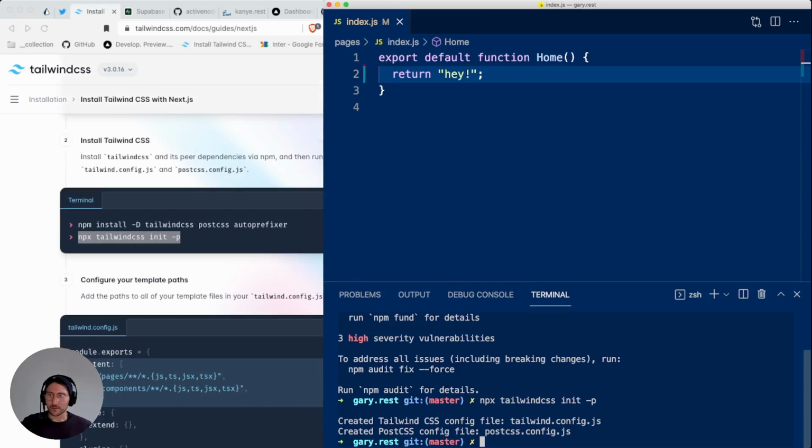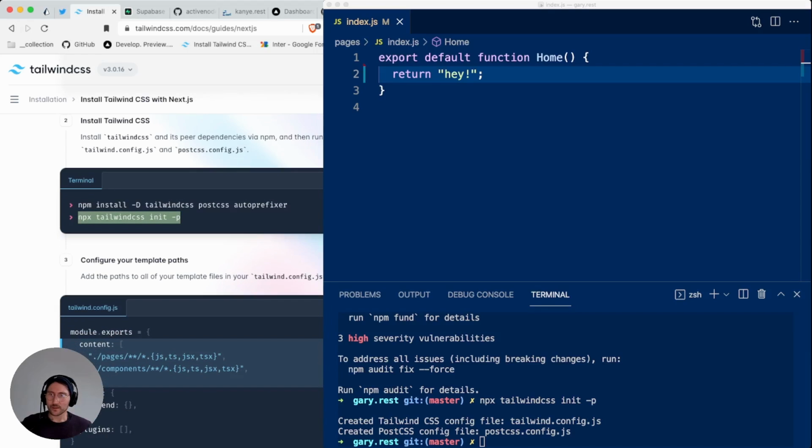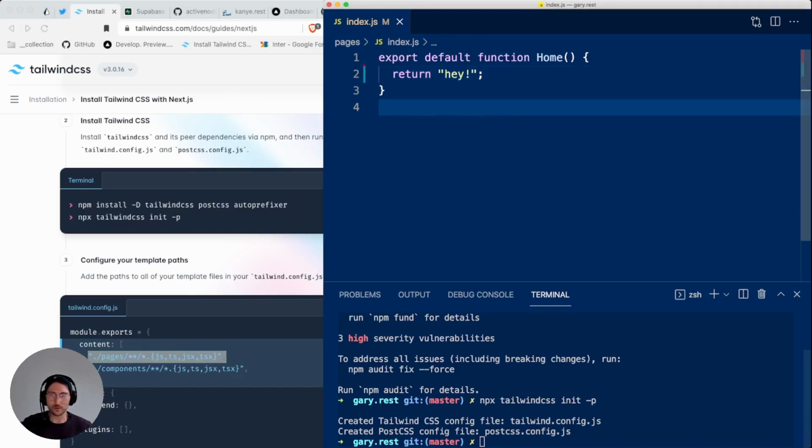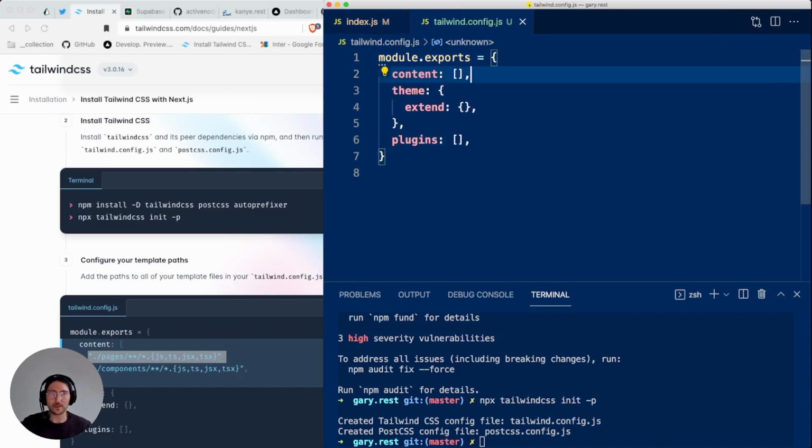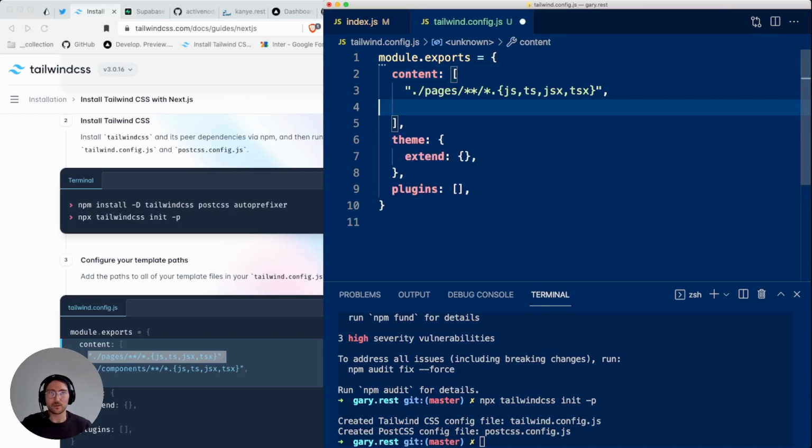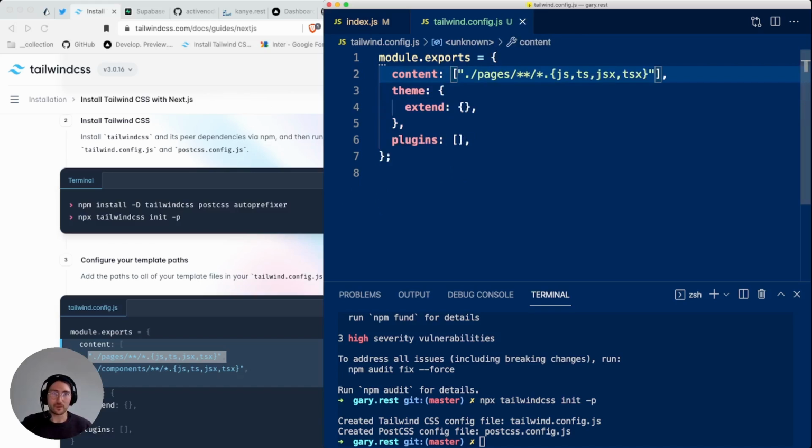And last but not least, we need to add the paths to the pages or components that we are using, as Tailwind says. So you need to open up the tailwind.config.js. And since we only have pages, we only add the pages path. Yep.